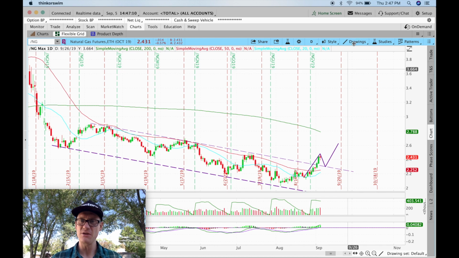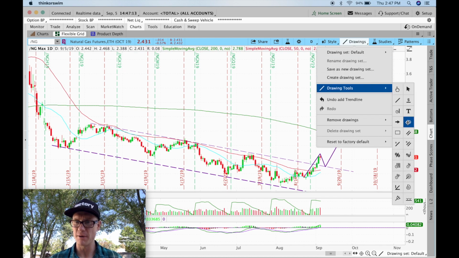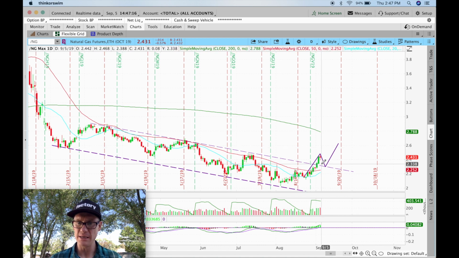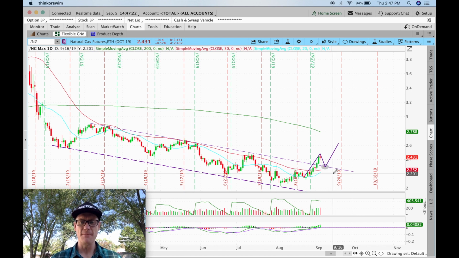I think the key thing to take away here is if we go ahead and draw one of our bubbles right here, if you can see that point right there, what's key about this is that's going to be our first higher low.